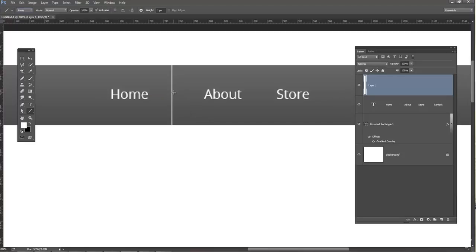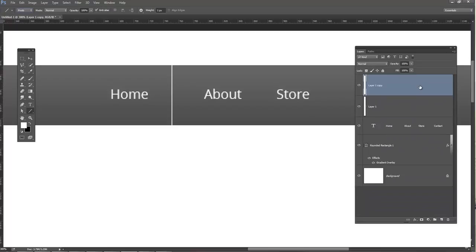So now we have a white line. In order to make this look like it's going in slightly, like there's a little teeny divot here, I'm going to copy this, drag it down, or you can just hit Control J, and I'm going to hit, after I do the select tool, Control I, and that's going to inverse the color. Okay, I'm going to hit one arrow over,